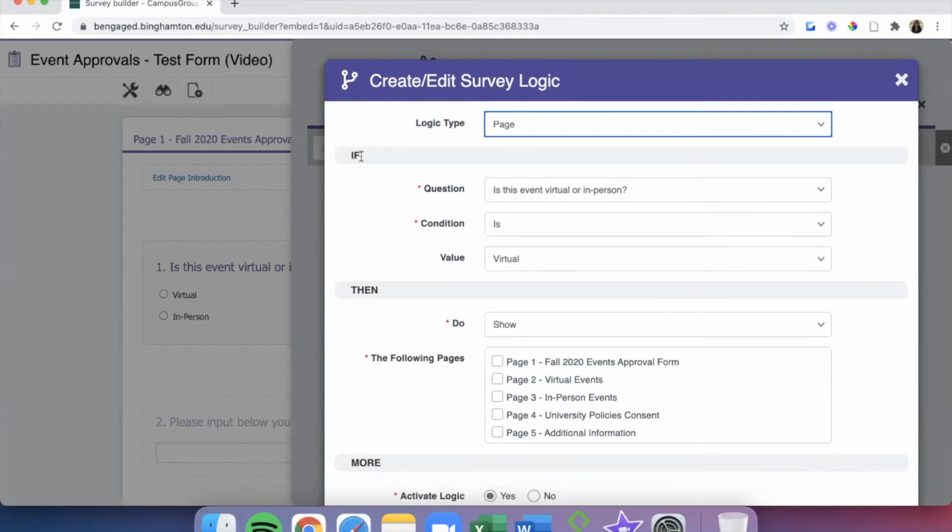Under the If section, make sure the question listed matches the question you're on that you want to base your page logics on. Now choose your answers for the condition and value sections. For our purposes, when the question, is this event virtual or in person, is virtual, we want the form to show the page virtual events.